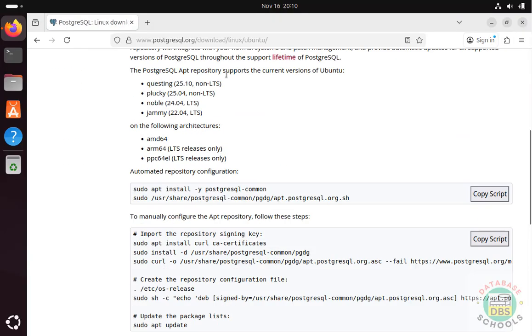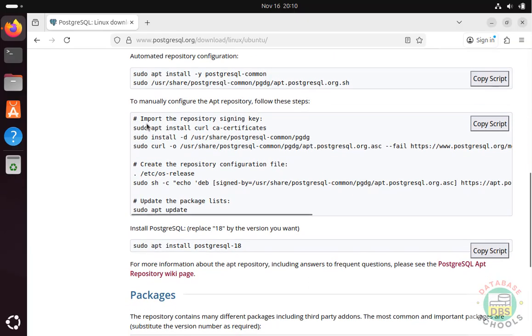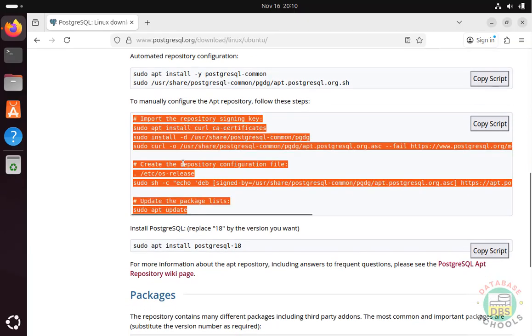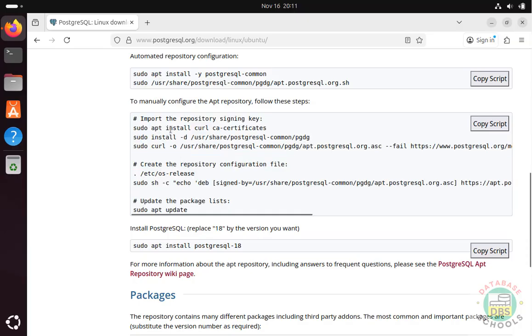See, the PostgreSQL apt repository supports current versions of Ubuntu 25.10, 25.04, 24.04 and 22.04. Okay, so these are the commands that need to be executed to install PostgreSQL Server. We have to run these commands one by one. First this command will install CA certificates, then this will import the repository signing key, then this will create the configuration file, then we have to update the packages, then we have to install the PostgreSQL Server. So copy these commands one by one,